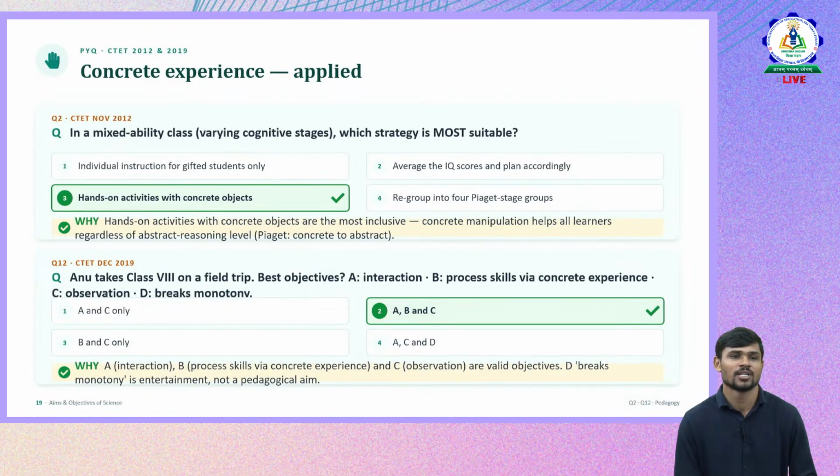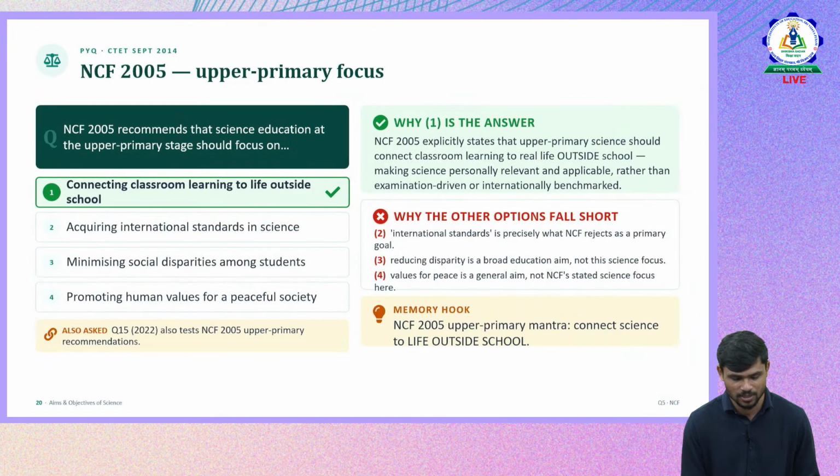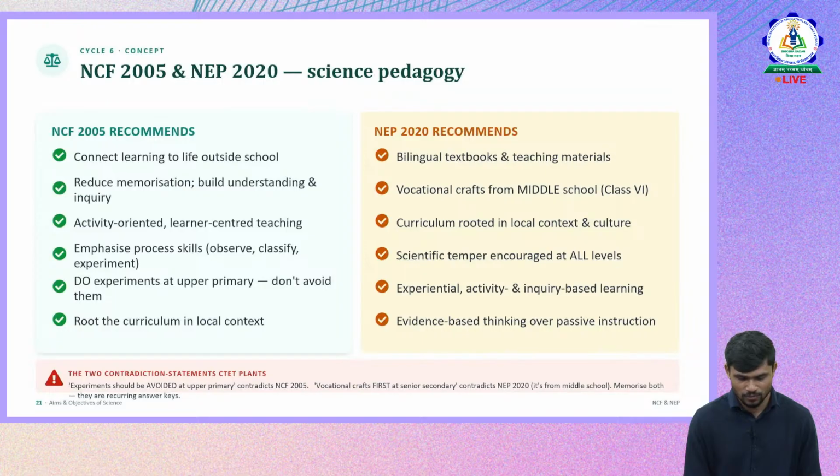Okay, then there is one more question here, a 2019 question. Okay, so we'll move forward. Let us discuss only one single question from each topic, so that we cover almost all the topics. So NCF 2005, we also spoke about NCF 2005 recommendations, what NCF 2005 talks about science education, the characteristics of science education. The objectives of science education are also very important. The question is about, so first let's see what NCF 2005 and NEP 2020 recommendations are related to